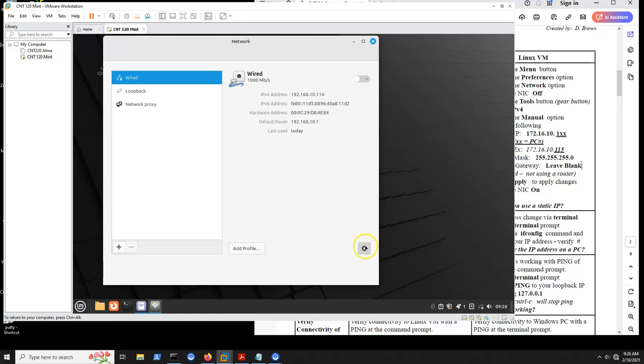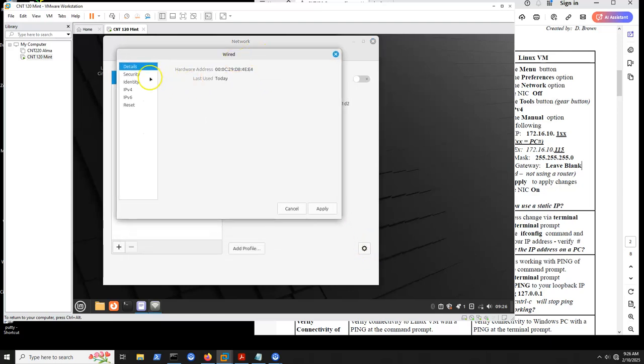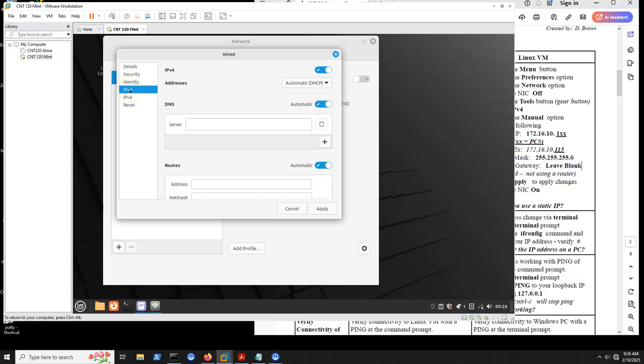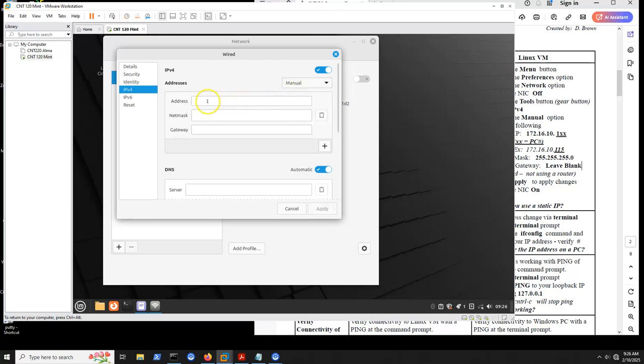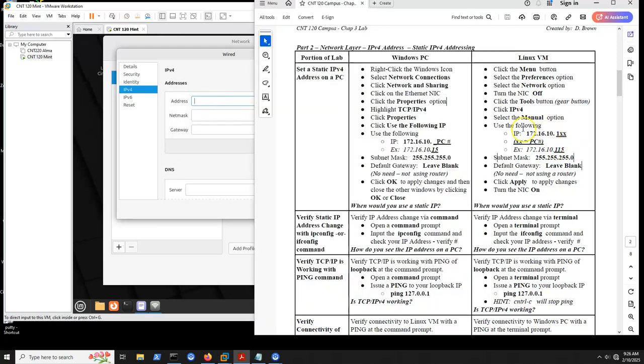So we're going to use the little gear button here. We're going to pick the option for IP4. Right now it's set for automatic, so we're going to hit the drop down and say we want to do manual. We want to plug the address in. And now we're going to do the same thing. We're going to plug in the